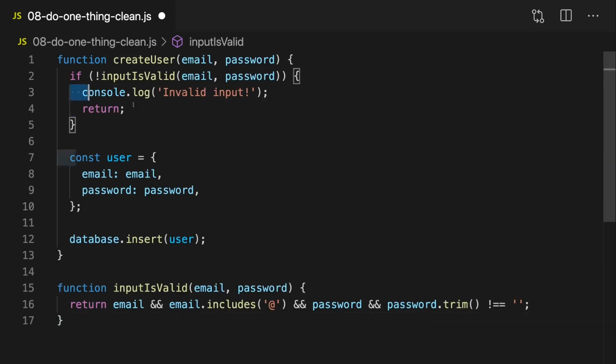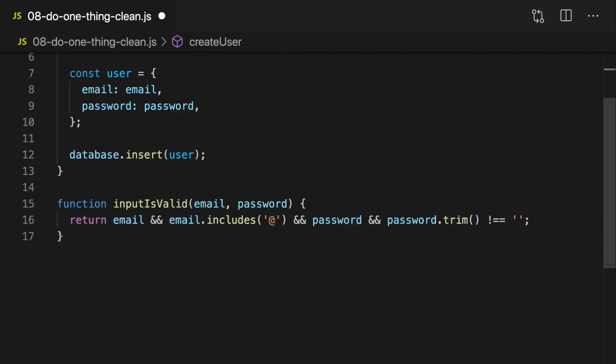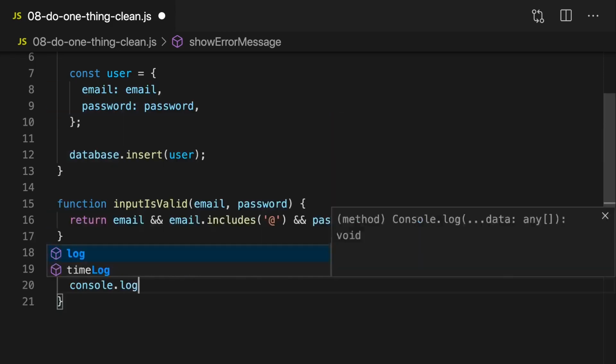Therefore, let's focus on the rest of this createUser function. There, we still have other levels of abstraction in there. For example, logging this error here. This is a low-level operation using the built-in console log functionality which JavaScript offers both in Node.js as well as in the browser. Therefore, we could outsource this as well and add a new function, showError, or showErrorMessage, for example, where we take the message as an argument and where we then console log the